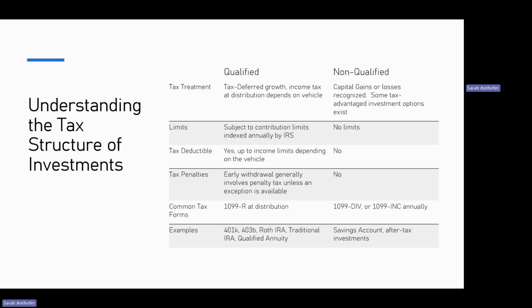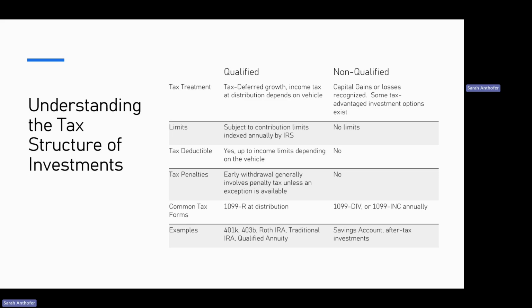Common examples of qualified accounts versus non-qualified accounts. A common example of a qualified account would be things like a 401k, a 403b, a Roth IRA, a traditional individual retirement account, or a qualified annuity. Those would be things where I experience some tax-deferred growth. I'm going to have contribution limits. They may be tax deductible for me. If I take them out early, I'm going to see a tax penalty, and I'd get that 1099-R at any